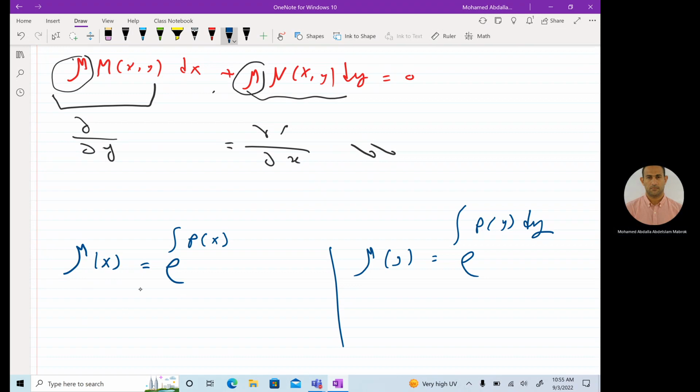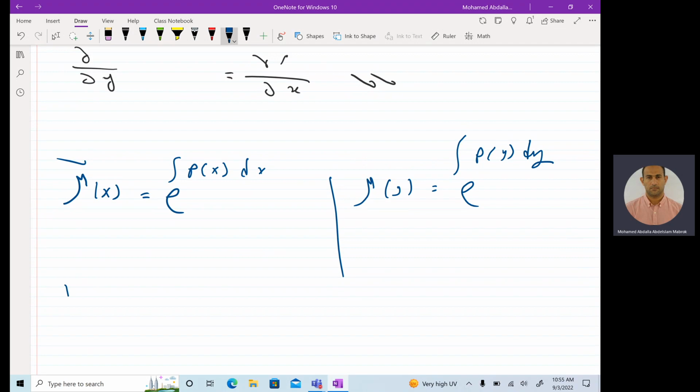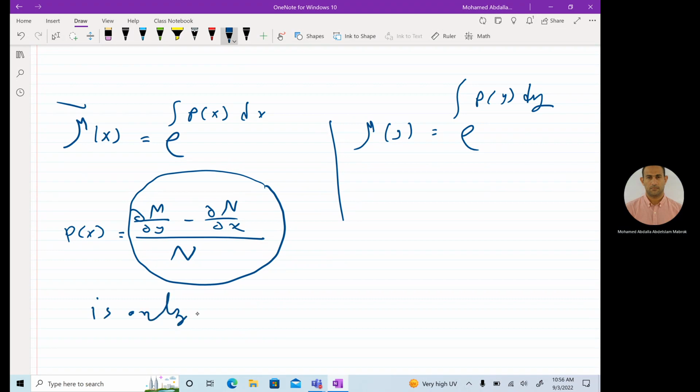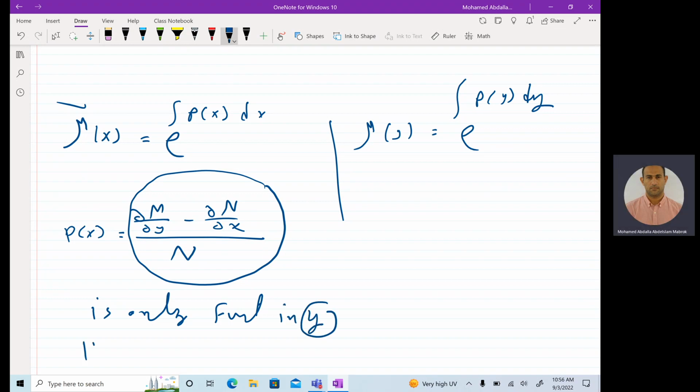The mu of x can be found if the following is satisfied. What is that? We can find the b of x, which is partial M by partial y minus partial N by partial x (remember, you got those already), divided by N. If all of this is a function only in y, then this is the right integrating factor. Similarly here, if partial N by partial